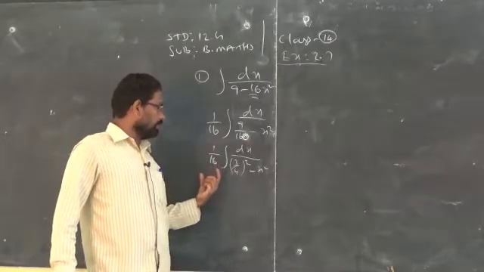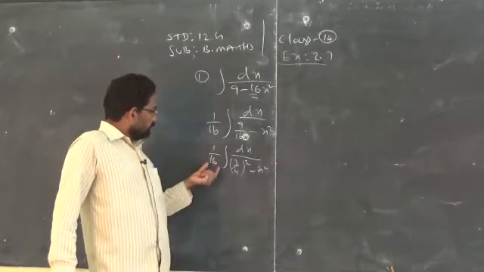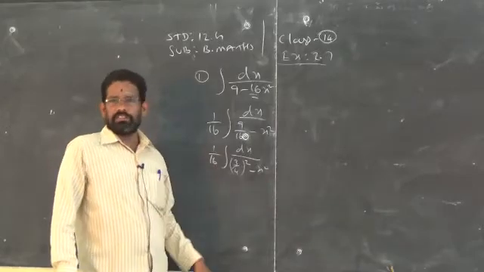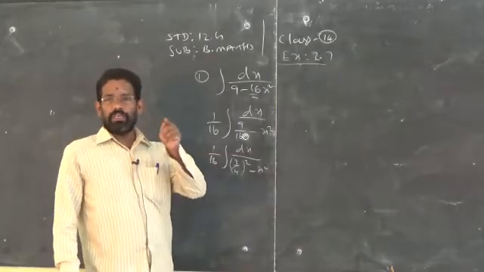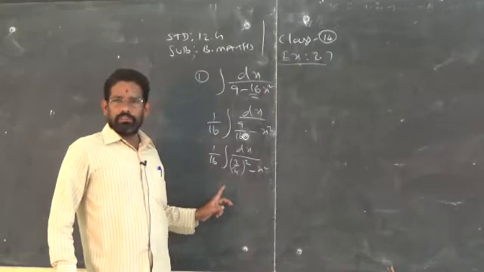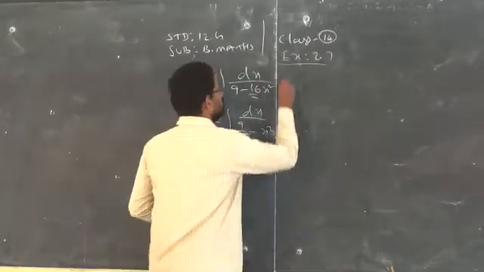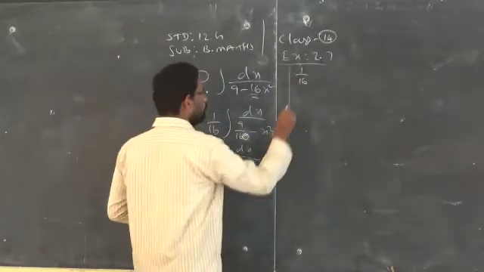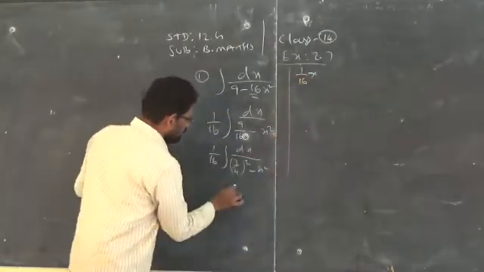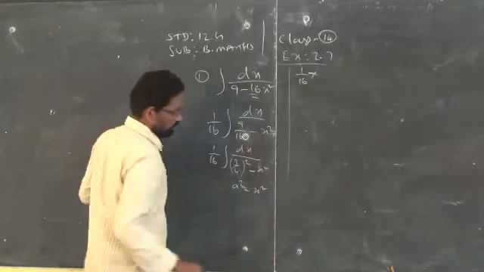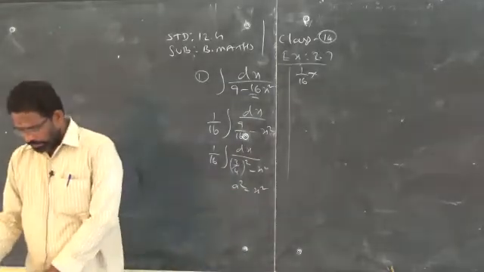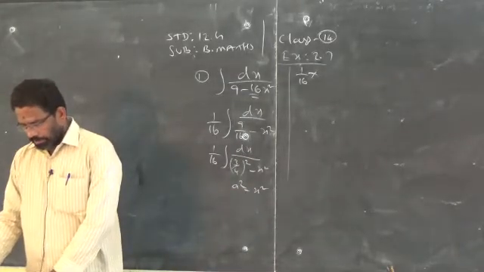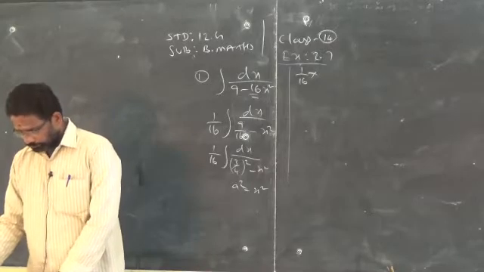That's what I did in the previous class, the final answer without using 1 by 16. Clear? Just for your indication I did that. So you have to rectify it. So what will be that answer? 1 by 16 into the formula for a square minus x square. What is the formula for a square minus x square? Refer to the page number.